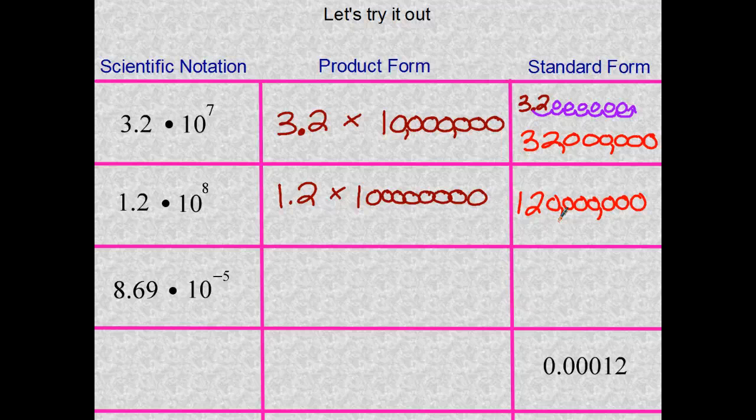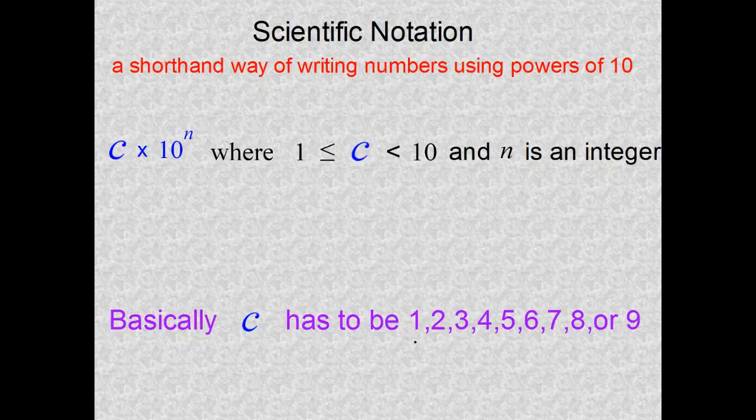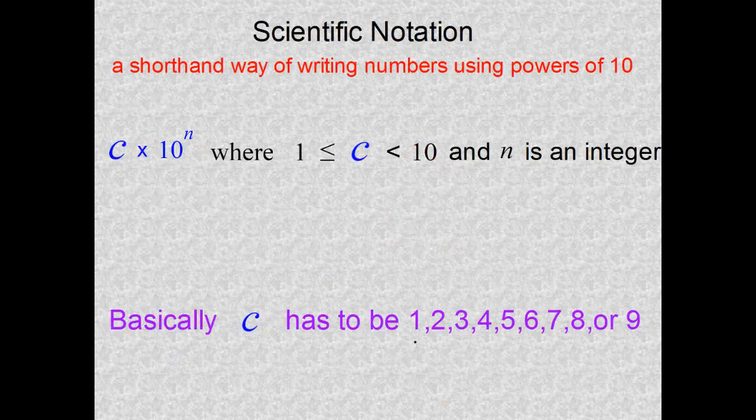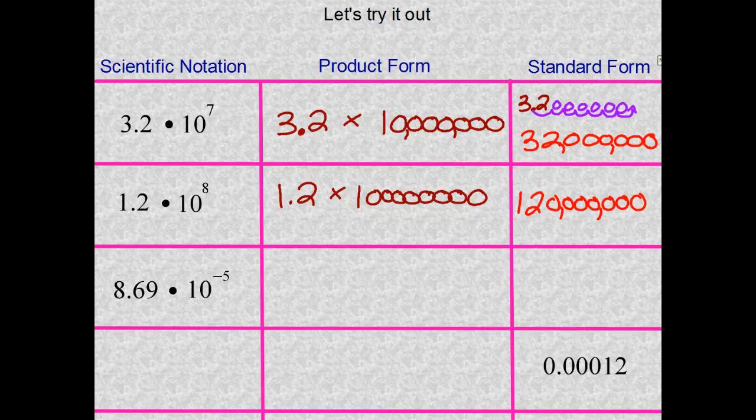Now, in the next one, we aren't multiplying by a positive power of 10. We have the negative power of 10. So we're not multiplying by 1 with a certain amount of zeros in its entirety. We're going to have to put that into the fraction form like we did on our page over here. So we have to figure out where that's going to fall on our chart, one of these numbers. So let's head back there. Okay, so